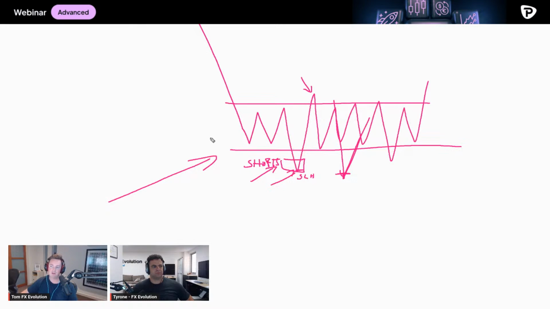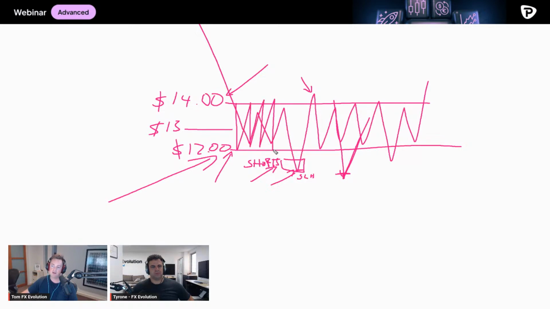Well, for lack of a better term, let's use this example. Let's say a hedge fund manager or a bigger player wanted to buy a position. And we'll just assume that they're interested in buying a position between these prices, Tyrone. So we've got $14, $13, and $12. They'd say that they'd like to buy it between 14 and 12. They don't want to buy it lower than 12. They don't want to buy it higher than 14. So they're only interested in purchasing it around this price.